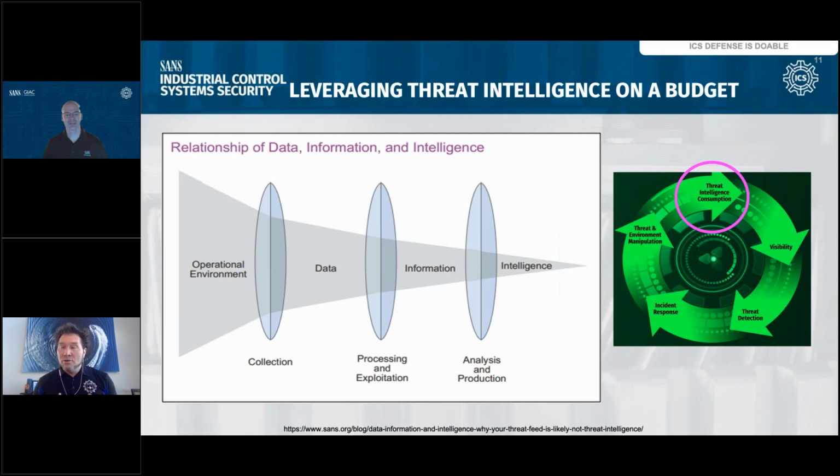So overall, you're going to see that raw data, sensor information from the internet, sensor information from organizations inside the networks, all of that raw data is picked up and sensed, and that creates a whole bunch of information. But that information is not going to tell you what's actually happening because it does not have context. So the raw data is really creating a lot of information. The information is then processed and exploited to create the information plus context,